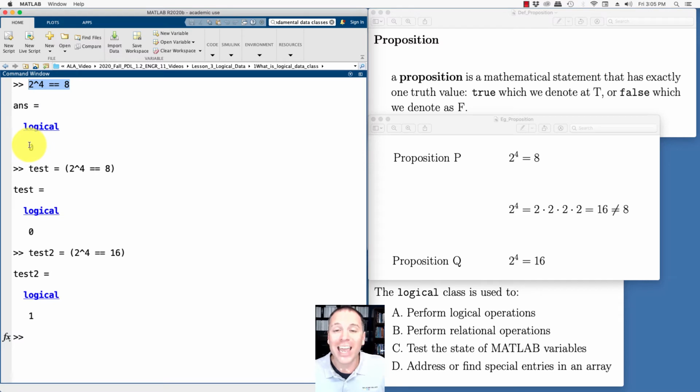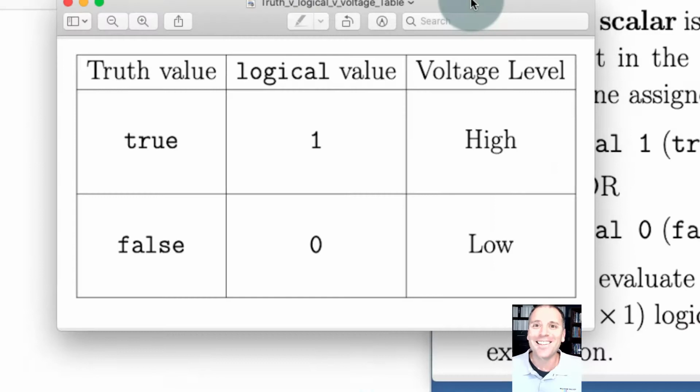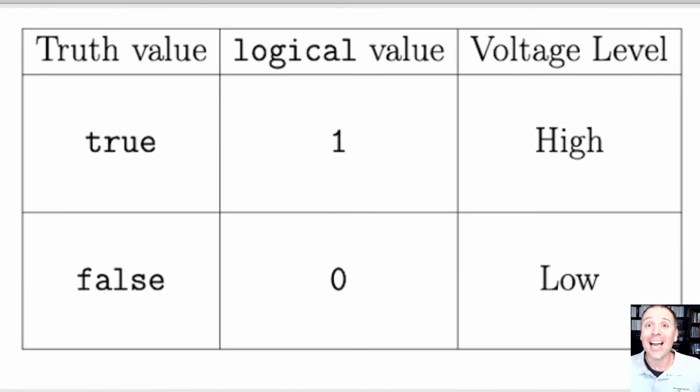In other words, this expression is a logical scalar. It outputs a logical value in a one-by-one array that indicates the truth value of the corresponding proposition that I've typed up in the command window. This concept of logical scalars and logical variables has a very rich history in computer science. In fact, I would claim that the entirety of computation depends on the idea that we can implement logic rules in mathematics using electronic signals in digital electronics. In fact, almost every single electronic computation machine on Earth today maps back to a very simple idea.